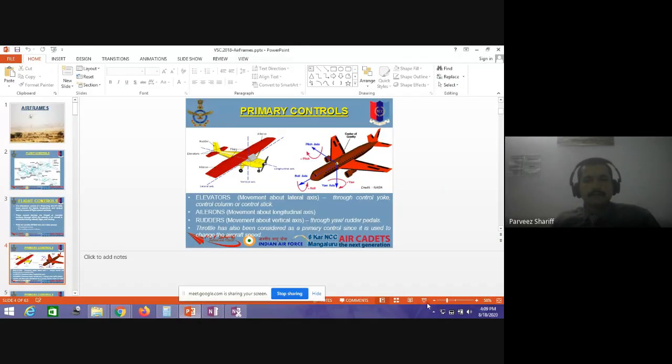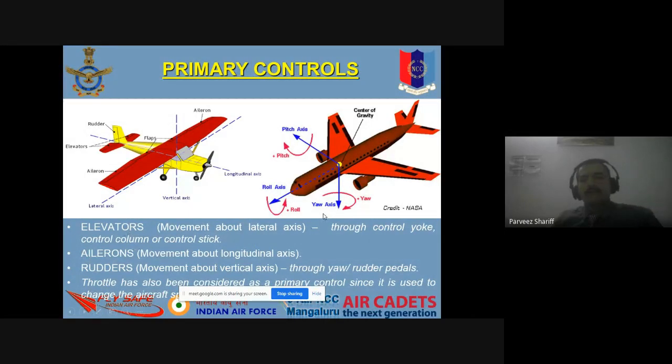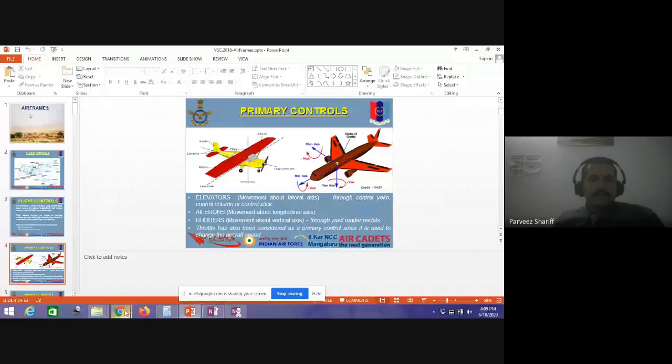Okay. So that is what is shown here. Which are the surfaces that control these actions? Primarily, the longitudinal axis is controlled by ailerons. If you see this section, this is the aileron section, which we call the ailerons. The deflection of ailerons will make the aircraft roll like this. This is called rolling.